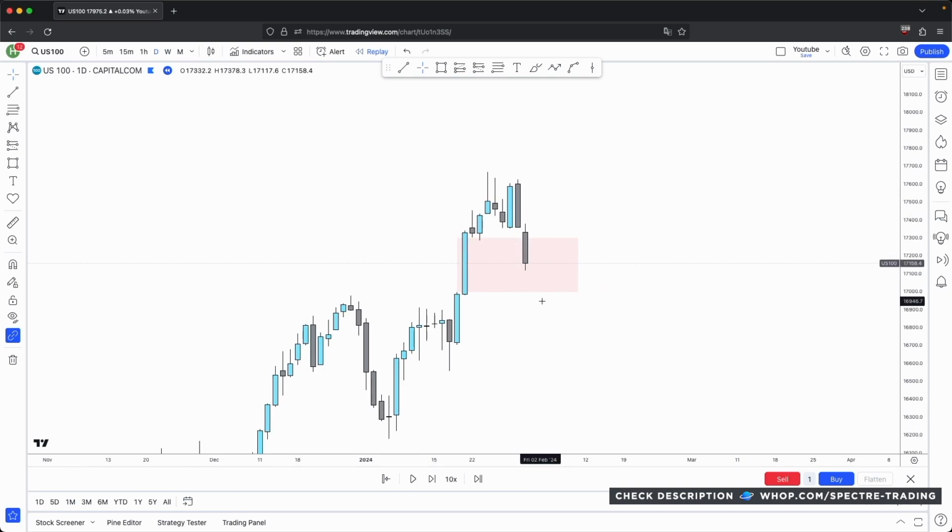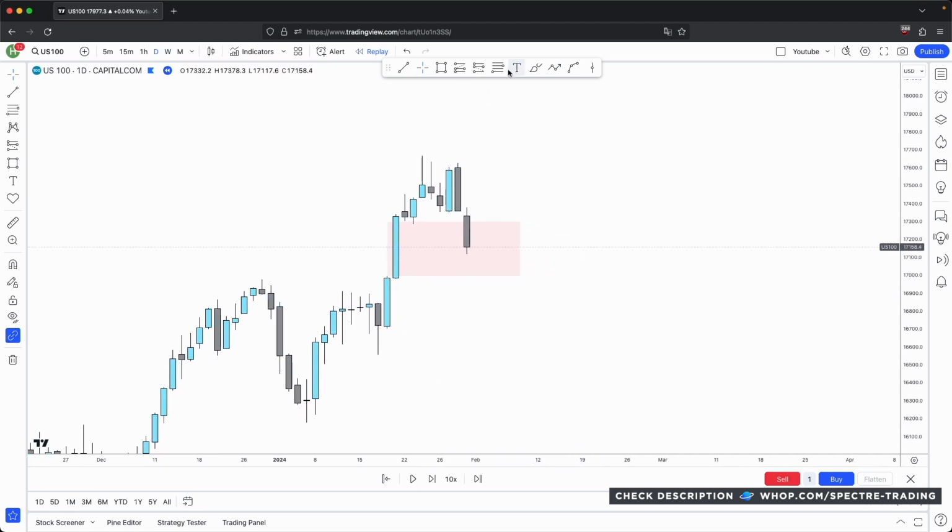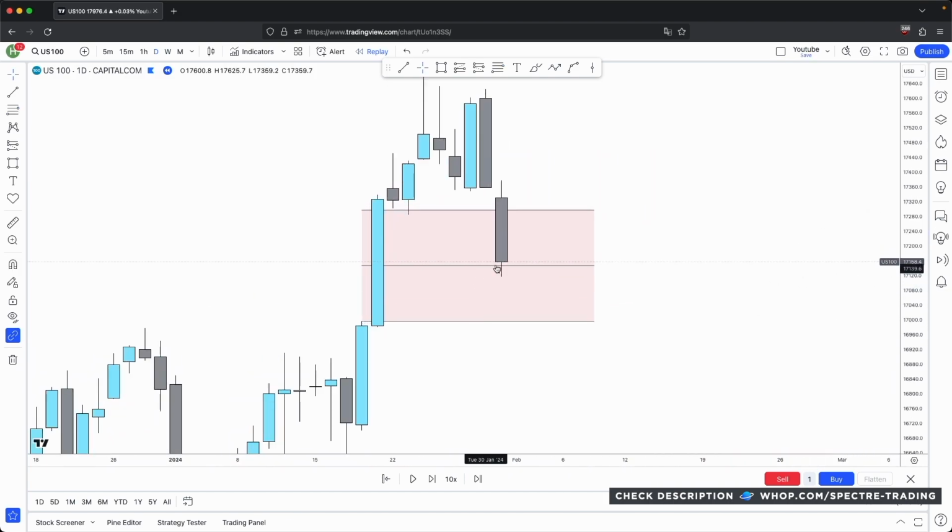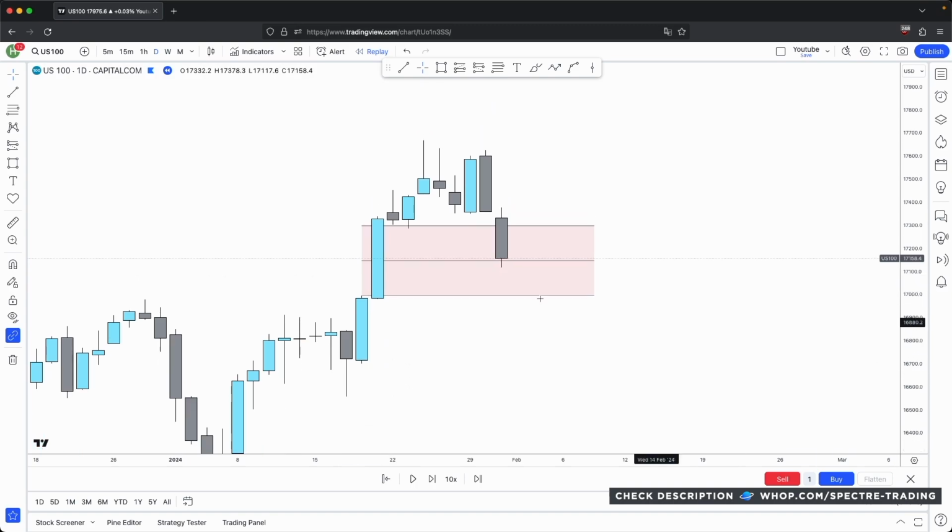buyers with sellers. Now, this is where you could draw out your consequent encroachment after price had rebalanced this old imbalance, right? Look at how, when price rebalanced this old imbalance, it didn't have a full body closure past this consequent encroachment, which is your very ideal scenario in anticipating whether this imbalance is going to stay validated or invalidated. So now that price has come back down to rebalance this old imbalance and